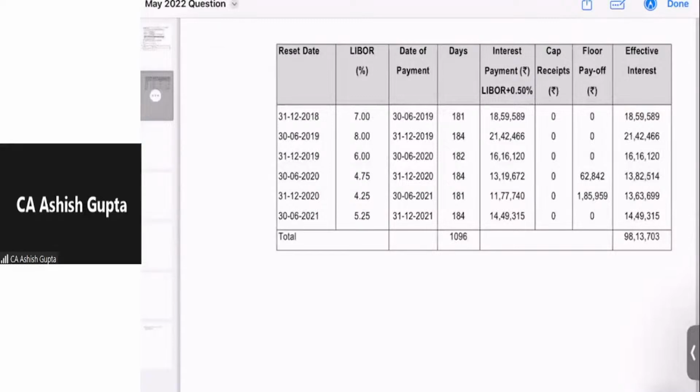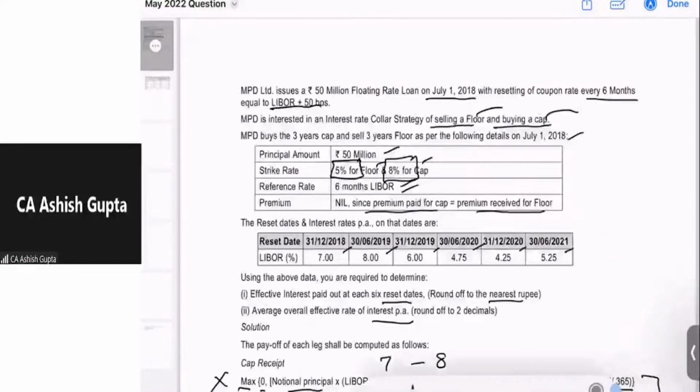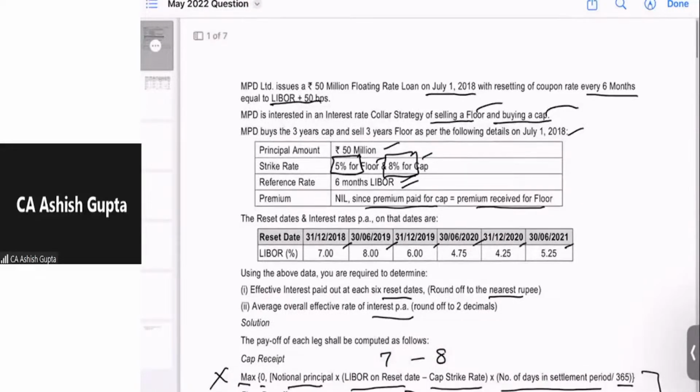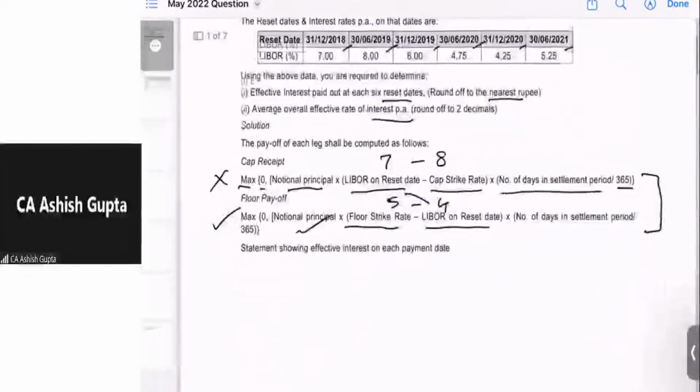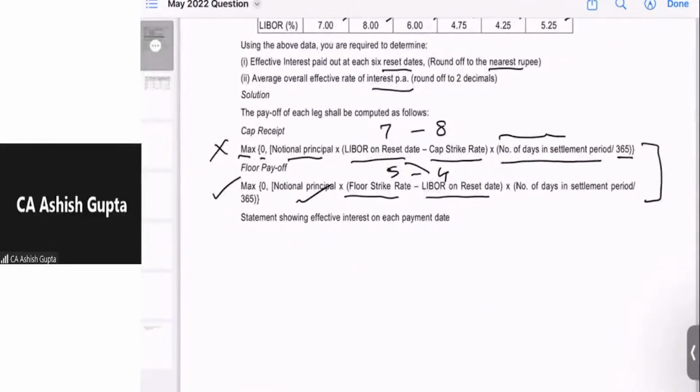Now, students, this answer is in the form I have presented. It is from your question and answer, in tabular form. My purpose in including this question is to make you understand one thing. Here we are writing the number of days in the settlement period. It is very important to be conscious about calculating the number of days in the settlement period. Let us see how we calculate the number of days for the first reset period, then we shall proceed further. Let us see the solution.